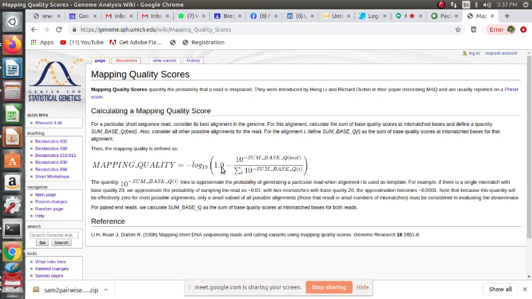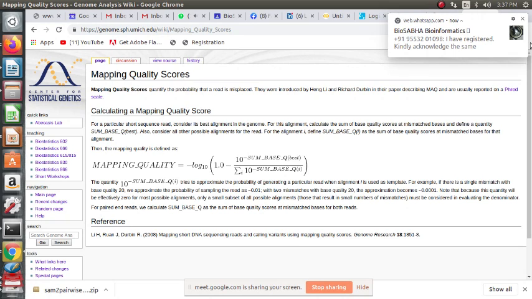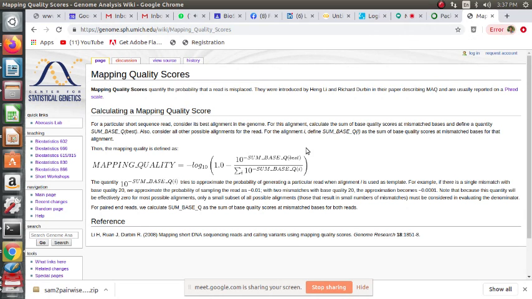We are just finding out the mismatch bases, because wherever there is a best alignment, the number of mismatches will be less, so it will be easier to compute this particular value, the sum_base_q of best, and then if we subtract that from 1, obviously that will correspond to the matches. So in that way we are finding out, in a way, the mapping quality.